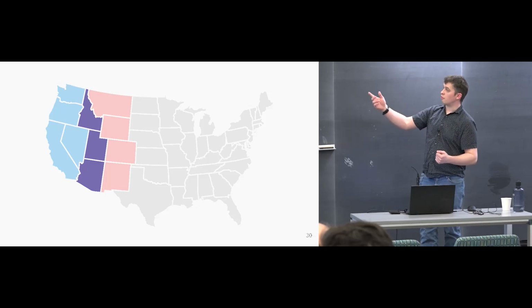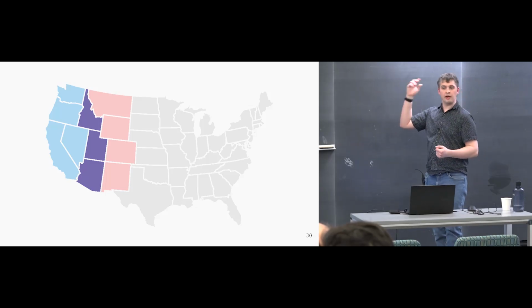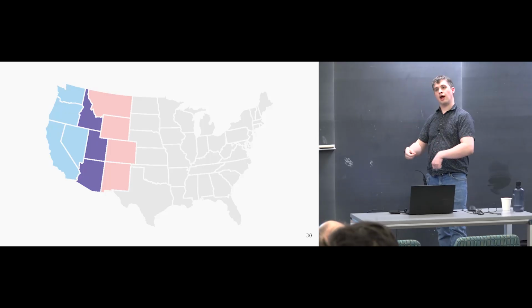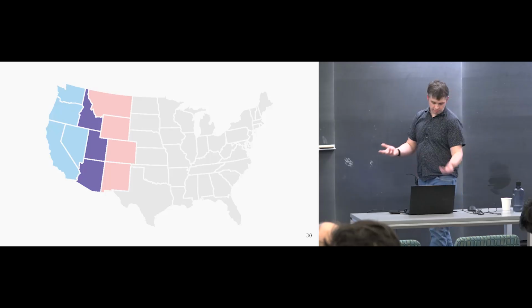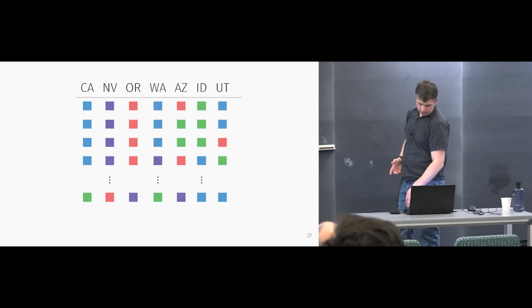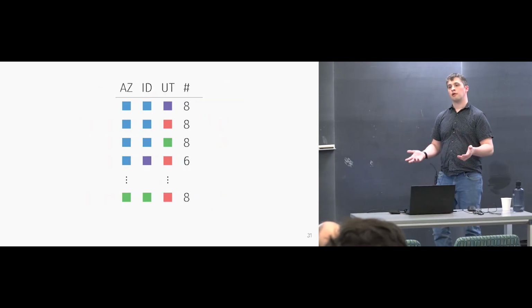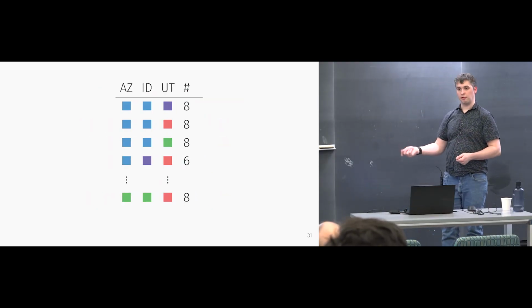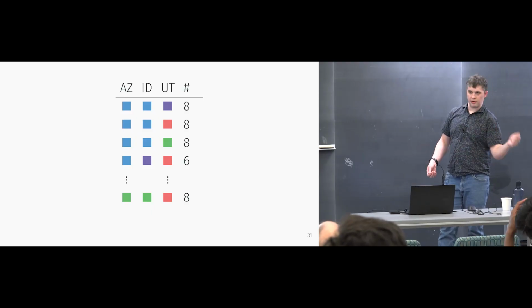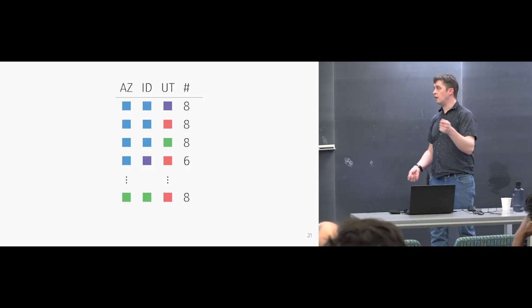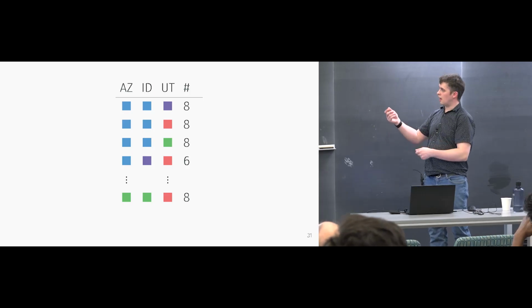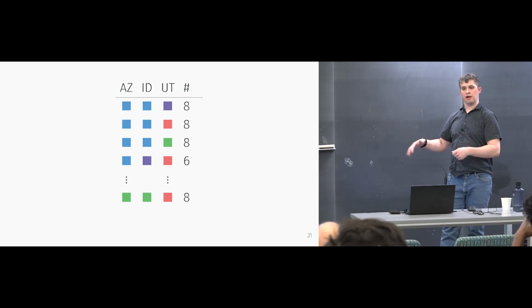Like Washington, for example, the only states next to it are Idaho and Oregon. So if we're adding more states, we never care about how Washington is colored. We just need to know how many colorings there are for Washington and those others. So in this massive table that we constructed, we can get rid of 4 of those columns and replace them with a number, right? How many ways are there to color those 4? So this is saying for each particular coloring of Arizona, Idaho, and Utah, you can get 8 compatible colorings